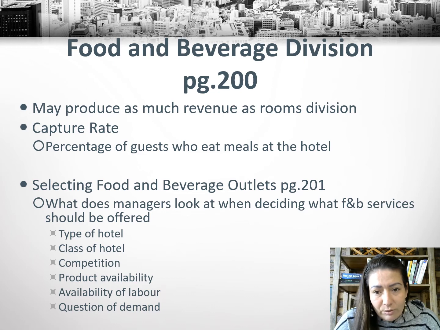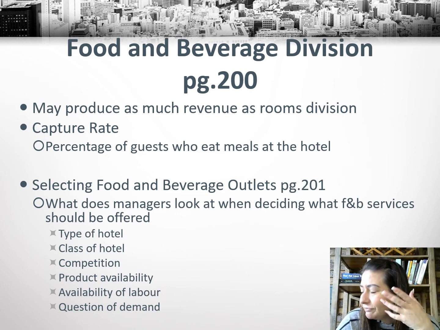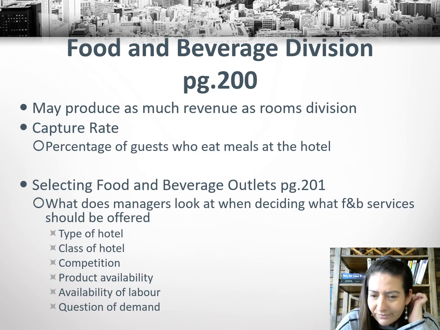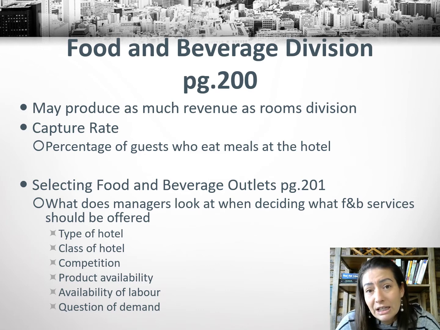What do managers look at when they decide what kind of food and beverage services they should offer? There's a lot of factors in play. The first one is the type of hotel. Next is the class of hotel. They are not going to offer something low class in a high class hotel, for instance. Then with regards to competition, they need to find out what the competition does and do